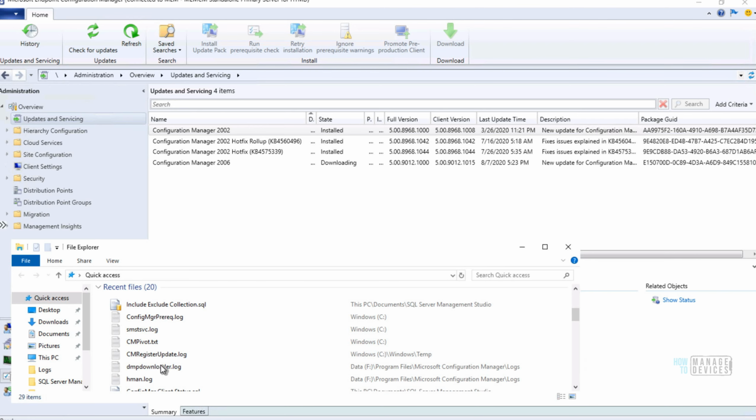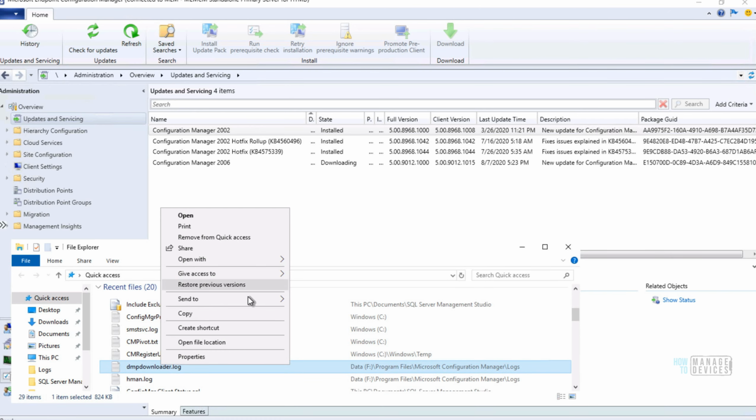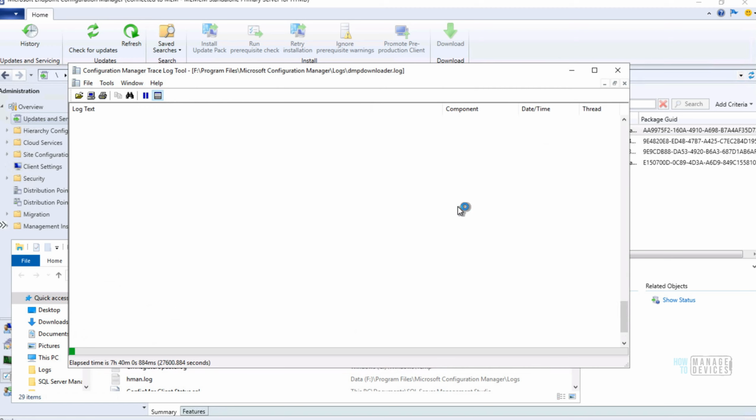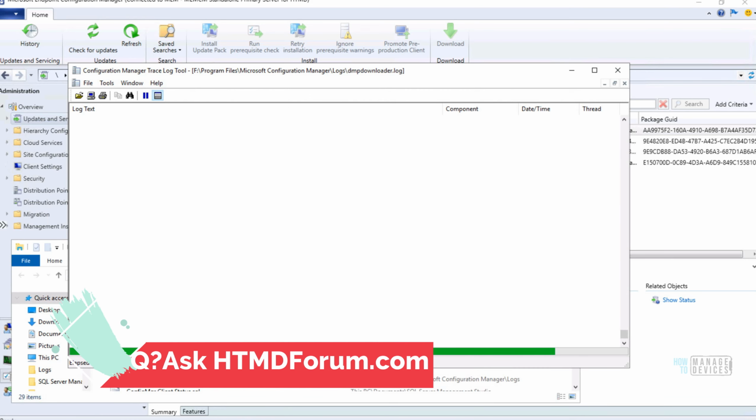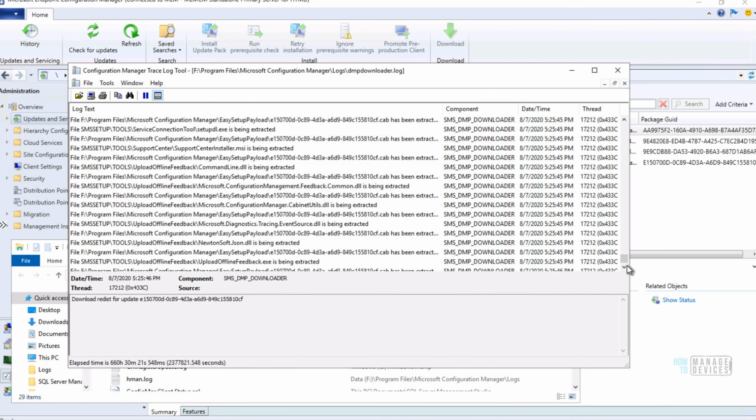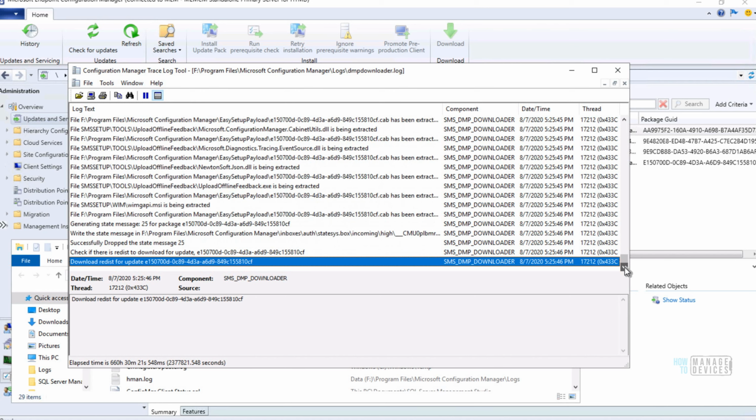It will be around 1.5 gigabytes of data which needs to be downloaded. You can check DMP downloader to verify the status of what is happening during that downloading stage.